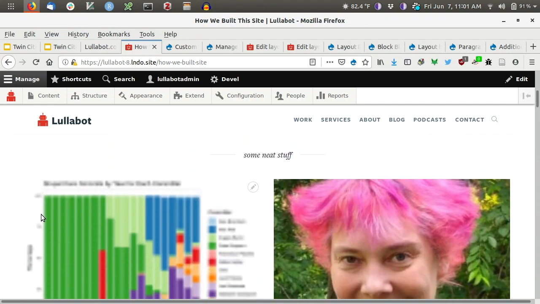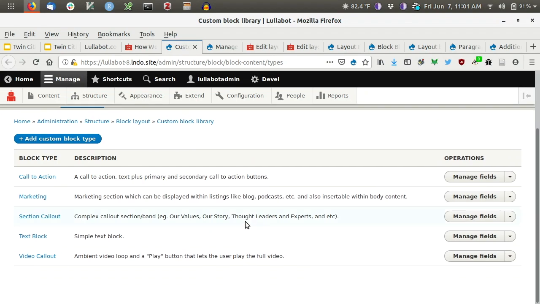I just added this section. I added some neat blocks. So that's the gist of how this stuff is working. So the way we have done this is